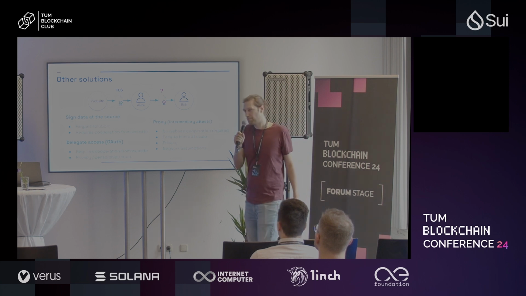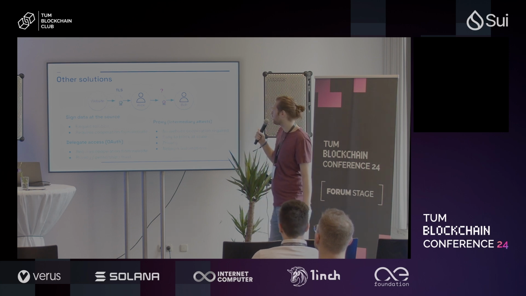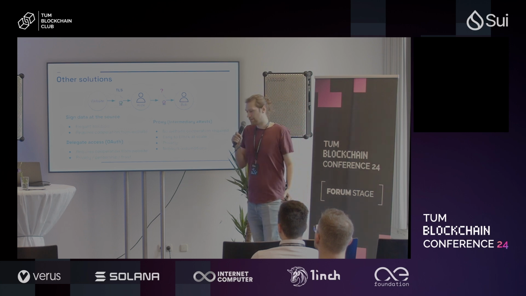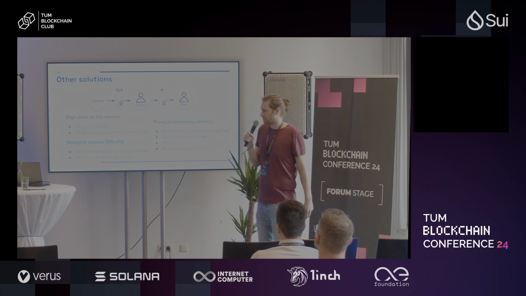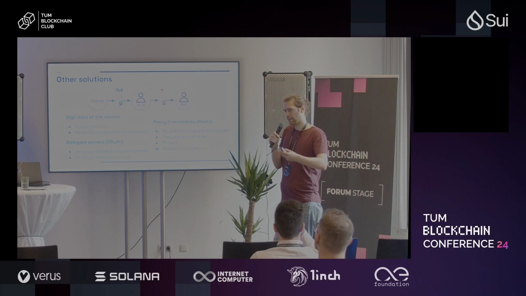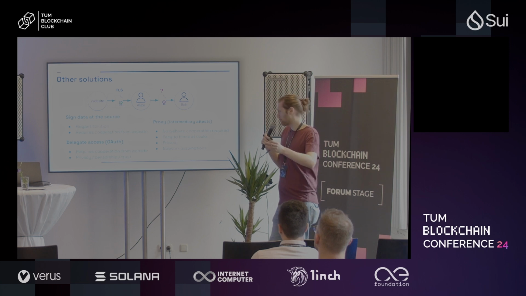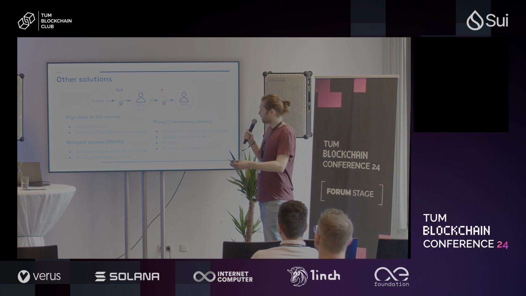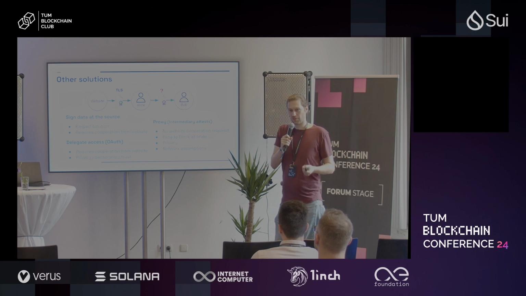The best thing to do is probably just to sign the data at the source, right? So when there's a website, or a server, it could just hash the traffic and sign it with some public and private key pair, and then send it over to Alice, and then Alice could simply forward it to Bob, and Bob would just have some way to query for the public key of the website and then check the signature.